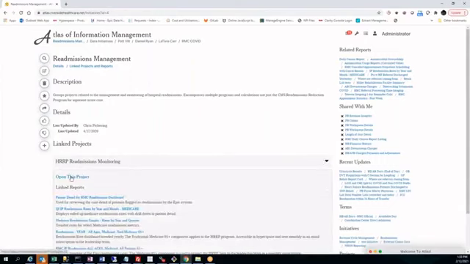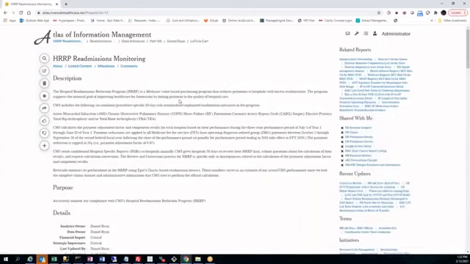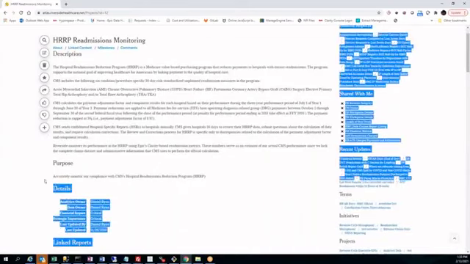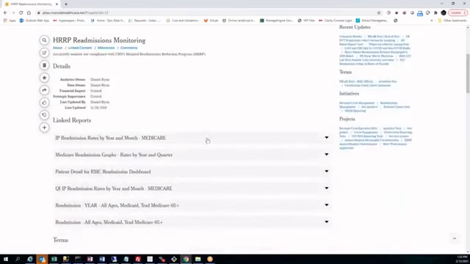So I can go from the initiative to the project, or I can also go directly to the project. Here is the explanation of the program, the purpose of this project, a little bit of information about who watches and manages the project, and linked reports. So here's the important thing. If you've dealt with readmission reporting,